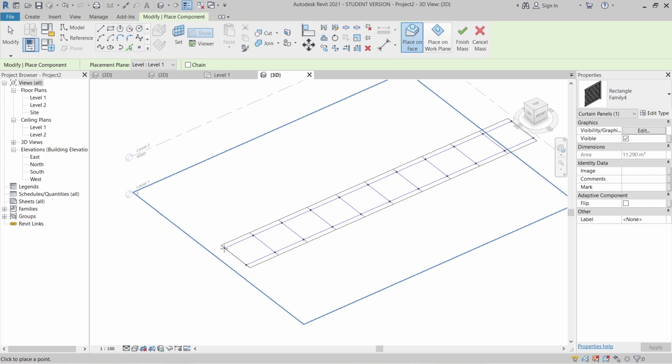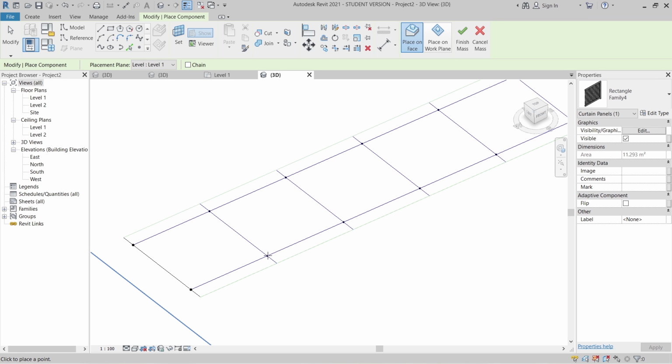I will start with the first one here, one, and second here, two, and third one here. Let me zoom in first in case I press wrong.